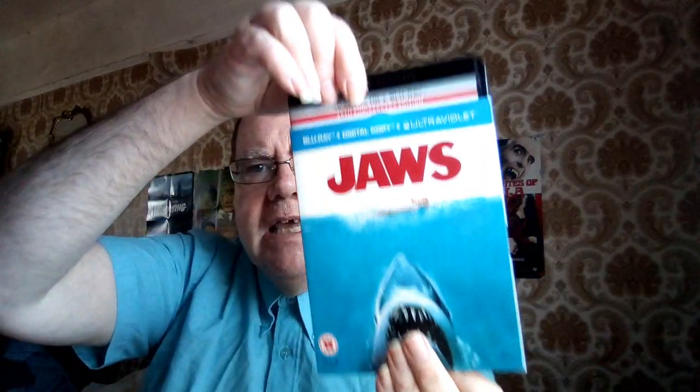Absolutely fantastic movie, Jaws. It's one of my all-time favourite movies, and I've had it in so many formats over the years. And I think I've got the ultimate one now, guys, with this 4K edition. So that's my first pickup I'd like to show you from HMV, and that's the 4K of Jaws. Now the next pickup I'd like to show you is